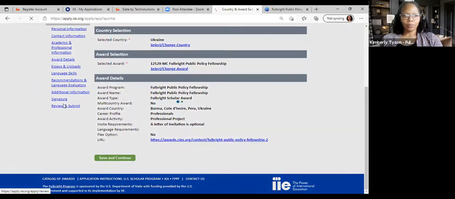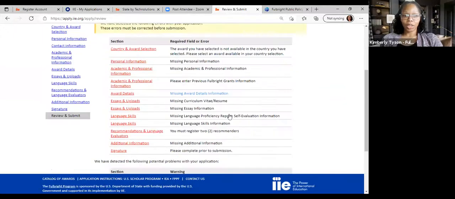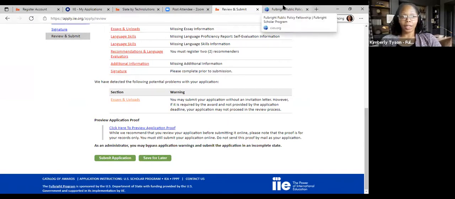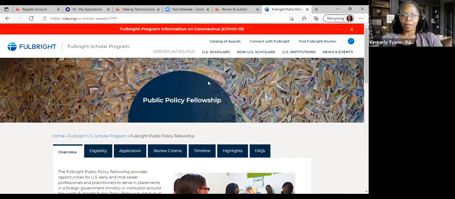missing information. So what will happen after you submit, you will get confirmation of your submission, and I recommend everyone in the section here, click here to preview application proof. I recommend saving that on your desktop, maybe on your computer, just to have it just in case, and then you will simply submit your application. And so that is the application in its entirety, but I do want to toggle over to the public policy